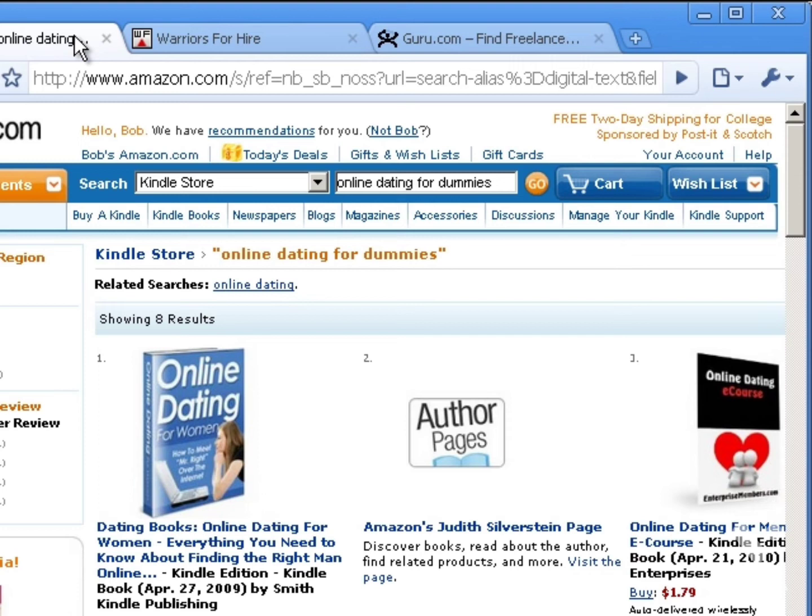Now, you're thinking, oh, wow, this is pretty simple. Creating ebooks is a very simple thing to do depending on what it is. If it's a novel, you might have to take a week or a few weeks. If it's a how-to product, which most products out there are informational how-to, then it's a lot easier.